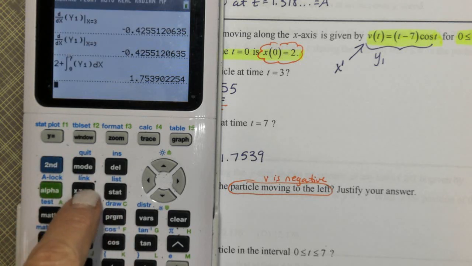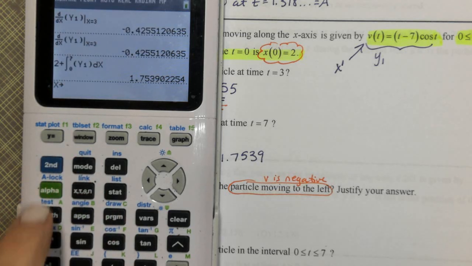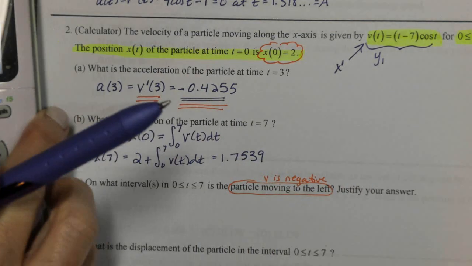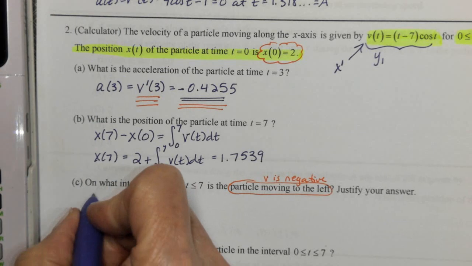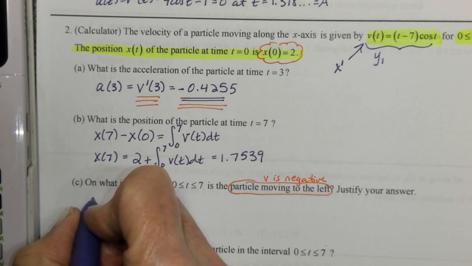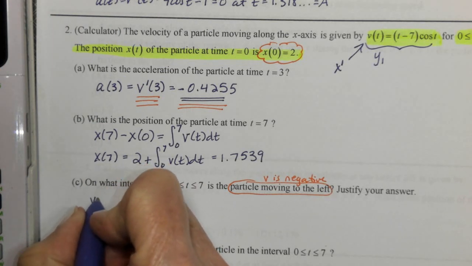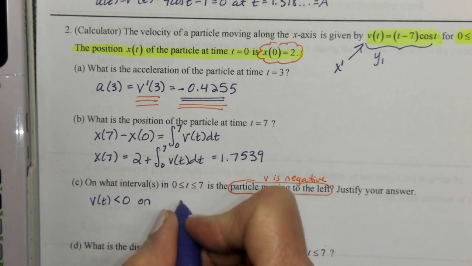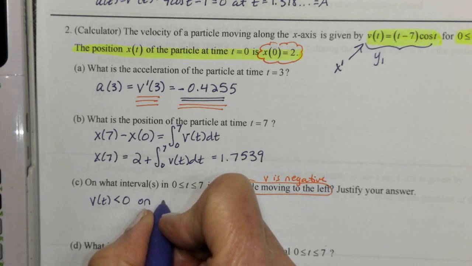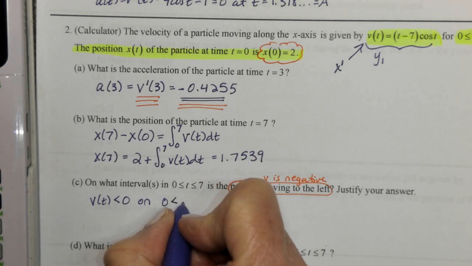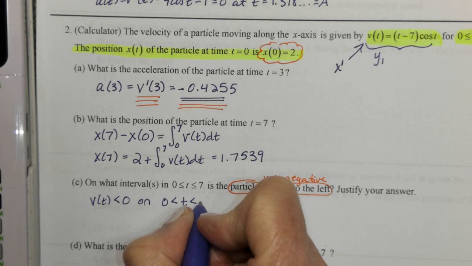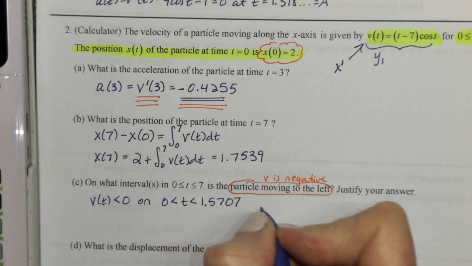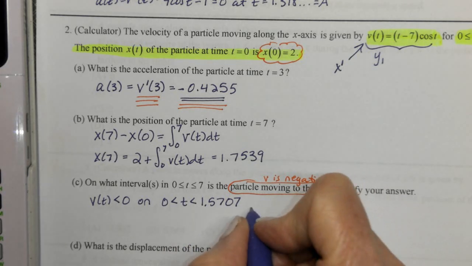So second quit, S store A. Now that's stored in there. So I'm going to say what I'm doing. V of t is less than 0 on the interval 0 to 1.5707, and